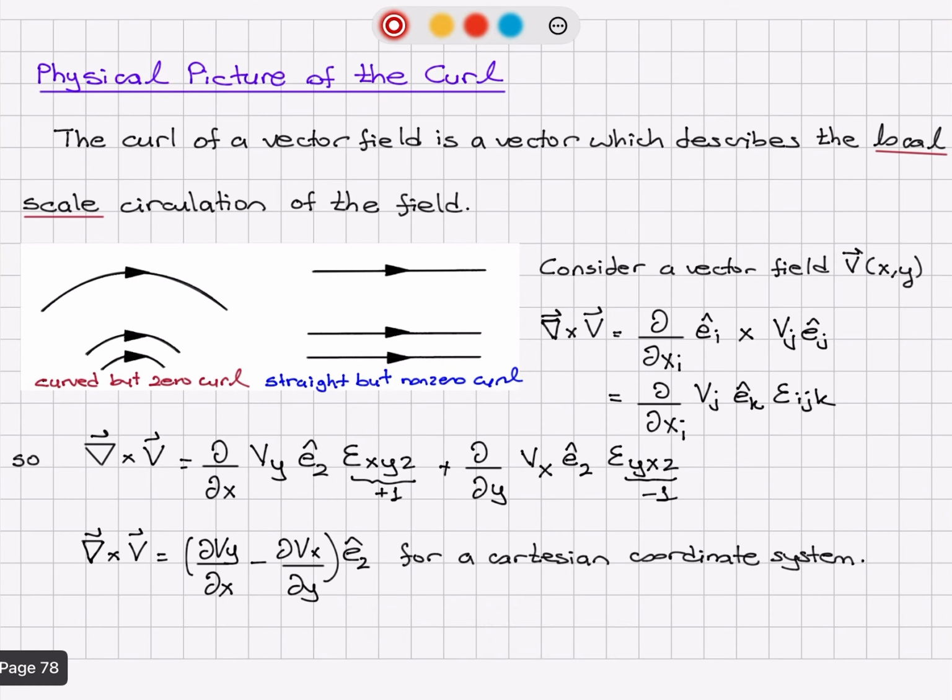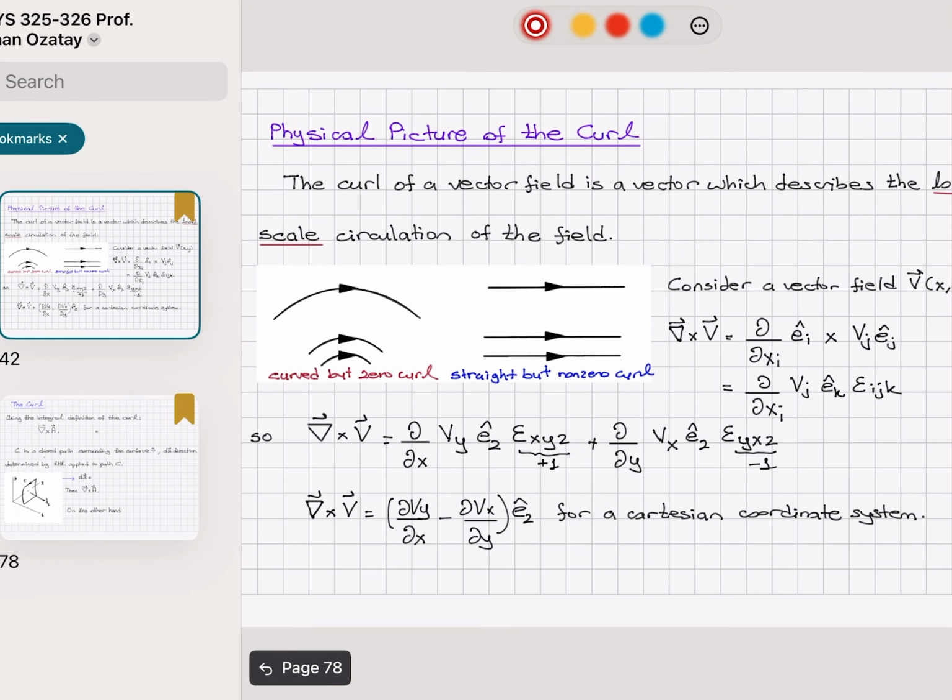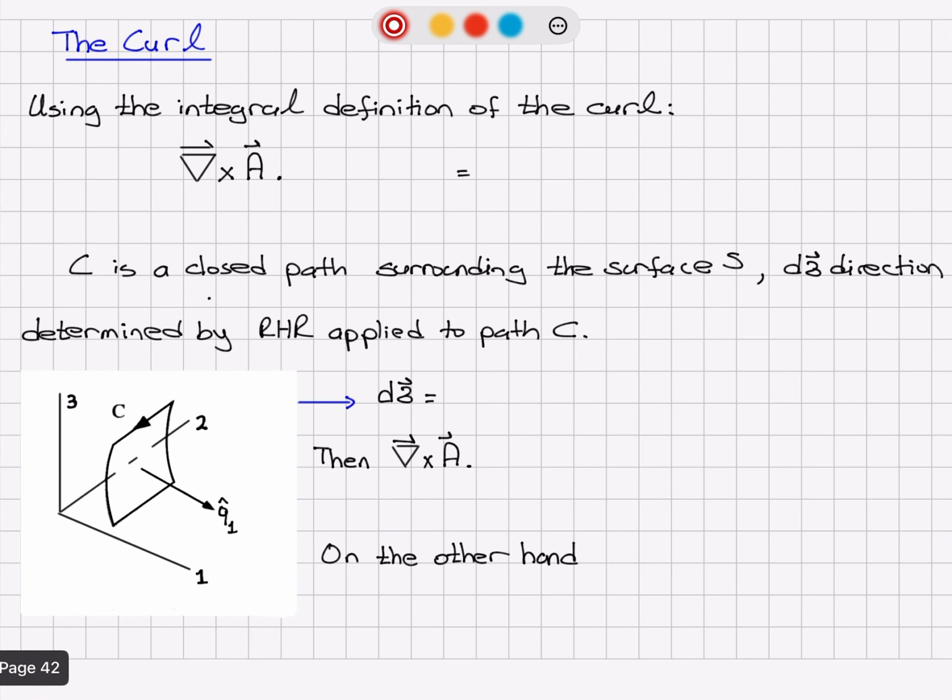Now we'll talk about the curl in curvilinear coordinate systems. First, let's recall the physical picture of the curl. The curl of a vector field is a vector which describes the local scale circulation of the field. And the local scale was important here, if you remember. Now, the integral definition of the curl is basically the limit as